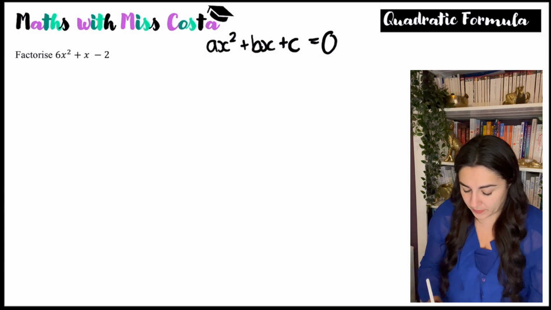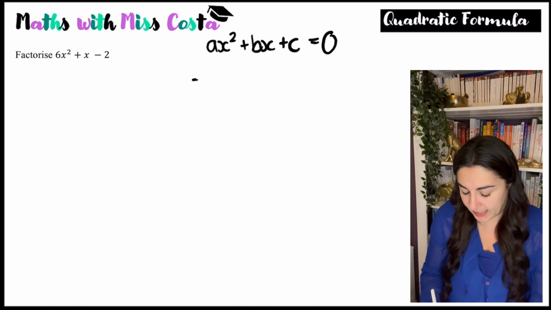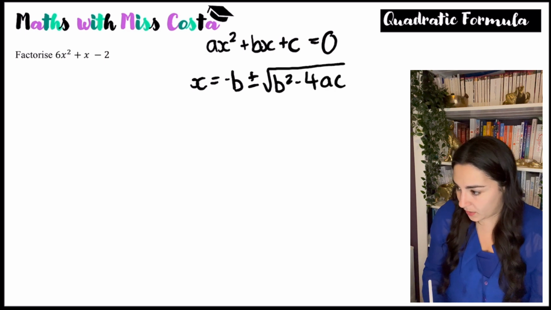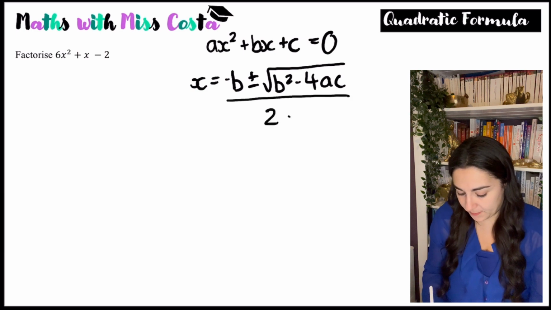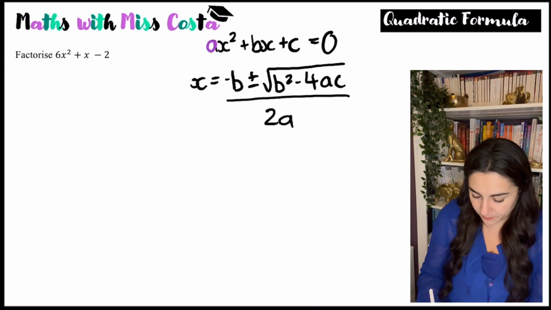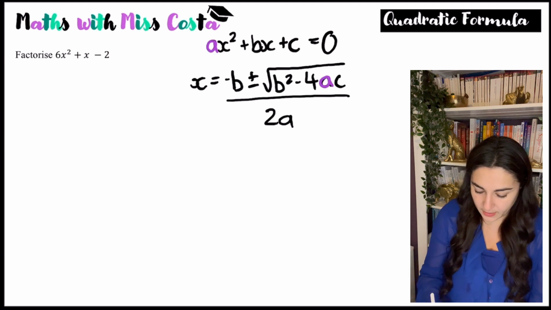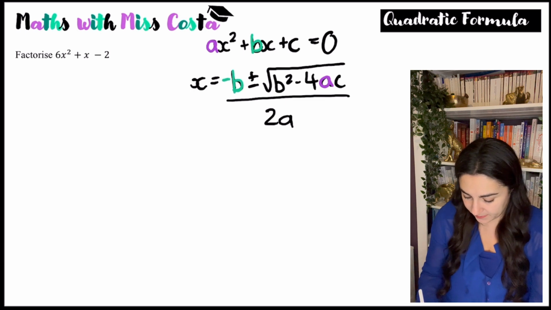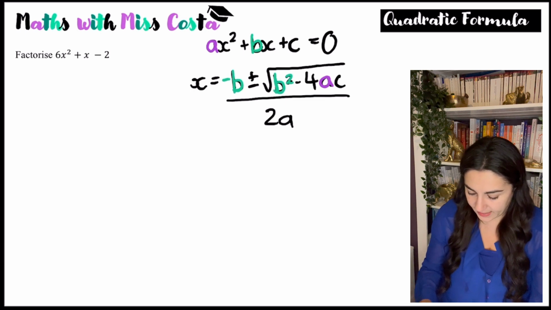All I need to do is substitute it into this formula. So to solve, I would say x is negative b plus or minus the square root of b squared take 4ac over 2a. Just to make it easier, I am going to colour each little variable in a separate colour. So a would be pink, b would be turquoise,